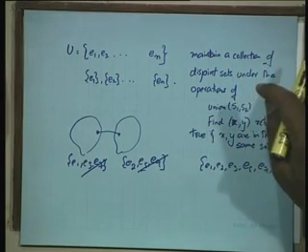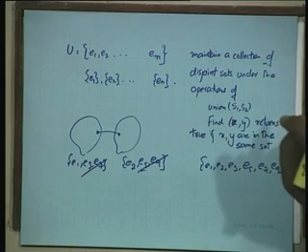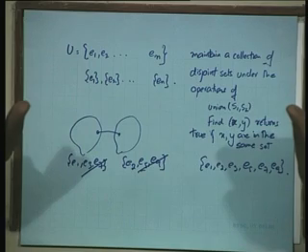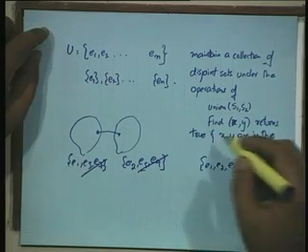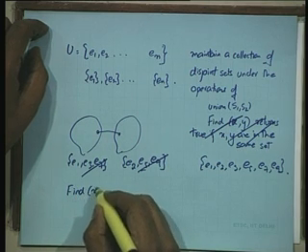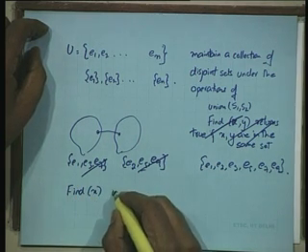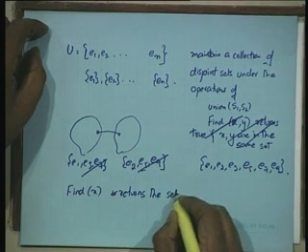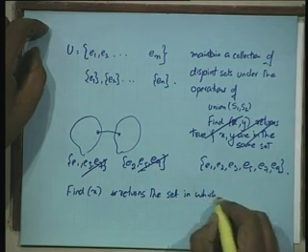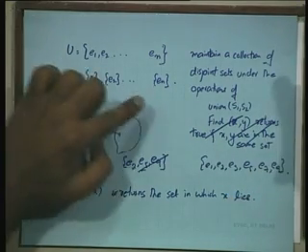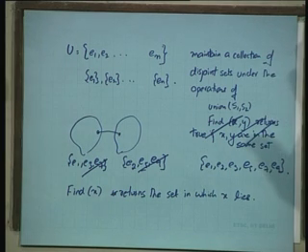So, this is not an accurate description of find, I will have to modify it, but you understand the need for returning the sets in which the two elements lie, right. So, instead of find x comma y, let me have just an operation called find x, which returns the set in which x lies. There is a unique set in which x lies, because our collection of sets is always a partition of the universe, right. So, there will be a unique set and we want to return that set.